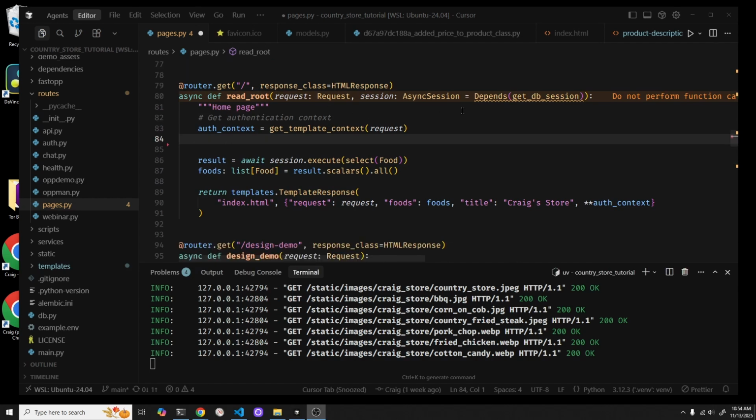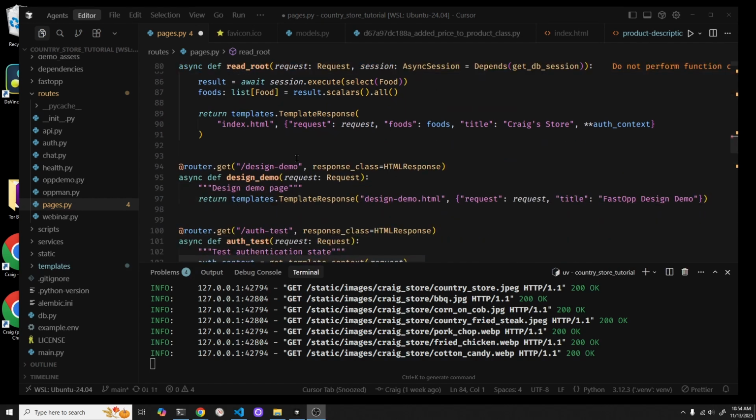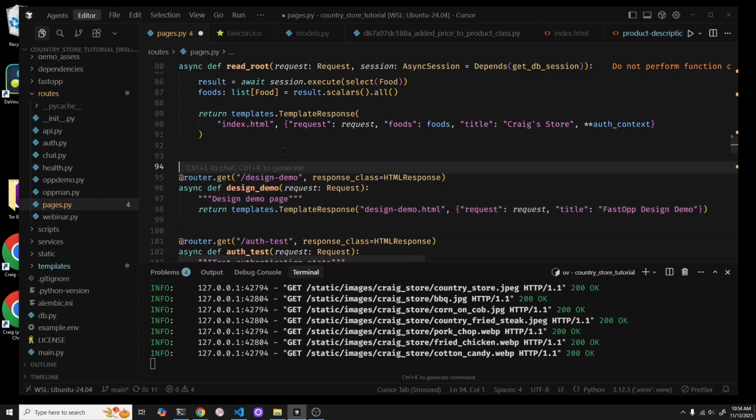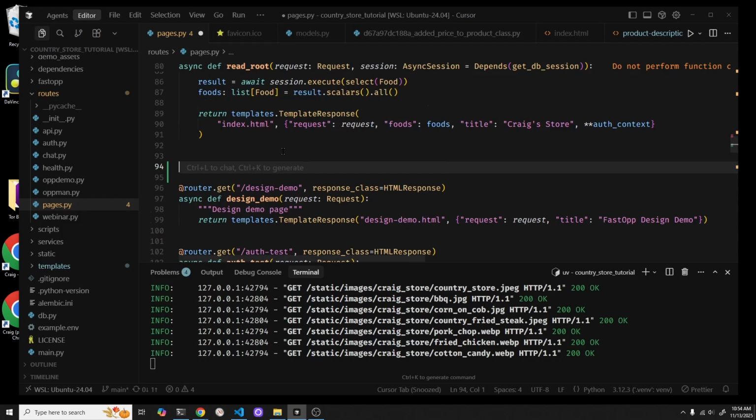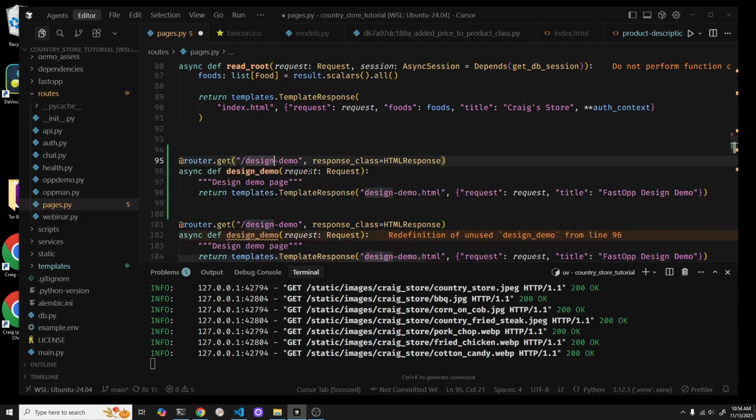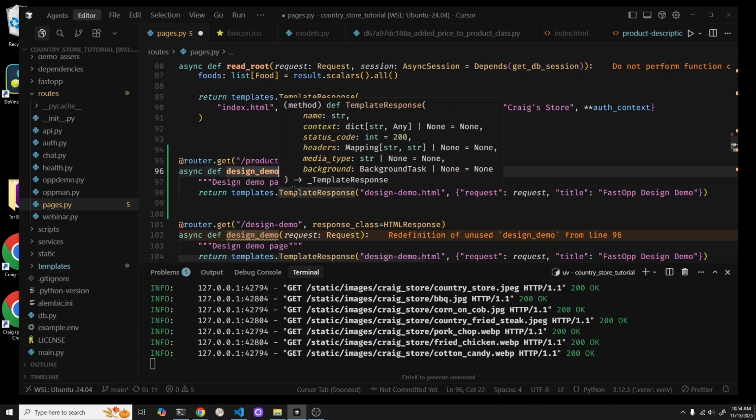We are using the database. For this next one, we won't. We're going to use an LLM eventually. So I'm going to copy the one below it, which is the design demo. I'm going to paste it in. I'm going to change the endpoint here to product description, and I'll call it product description underscore description,